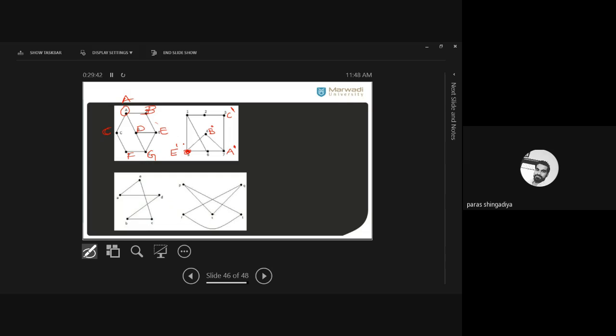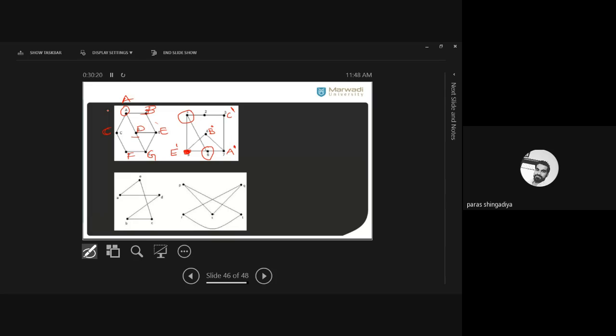And after that, E dash is adjacent with D and G. E dash is adjacent with which vertices? It is adjacent with D and with G. So here E is adjacent with this vertex and this vertex. So which place will be the place for D and G? Of these two, which place will be D's and which will be G's? For that, you observe the remaining connections.